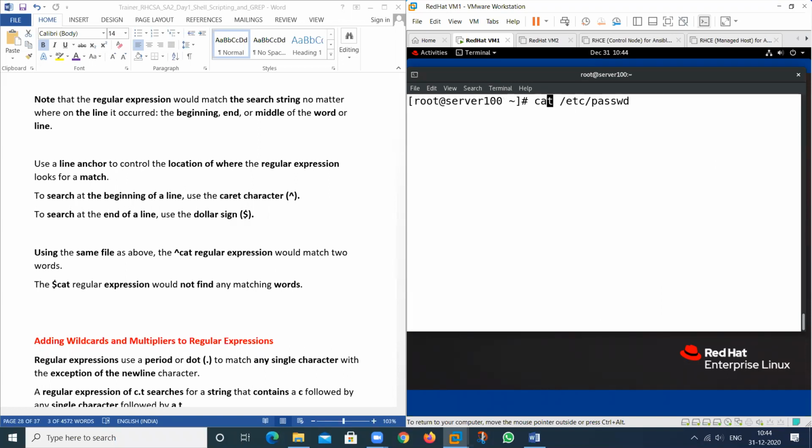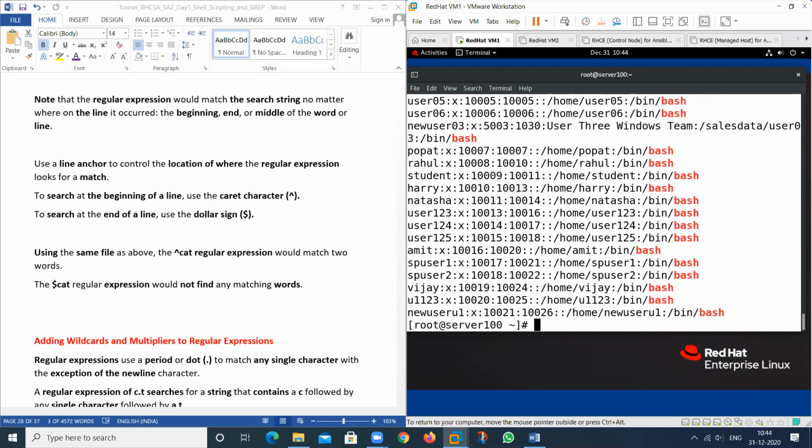So place here grep. We can also use like this. Then we can also use this particular sign, then grep, and I want to search a value that is bash dash. It will print all the value that related to this one.